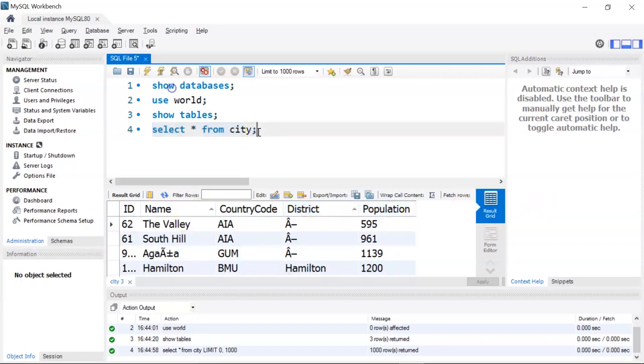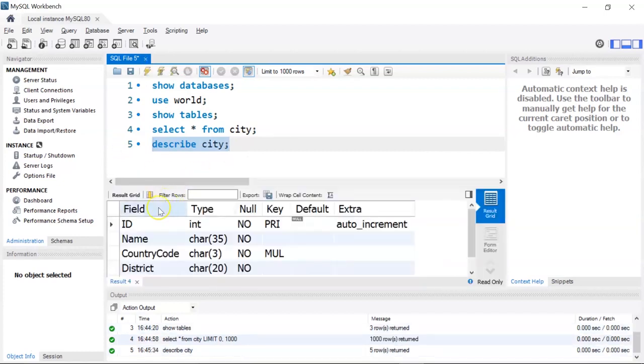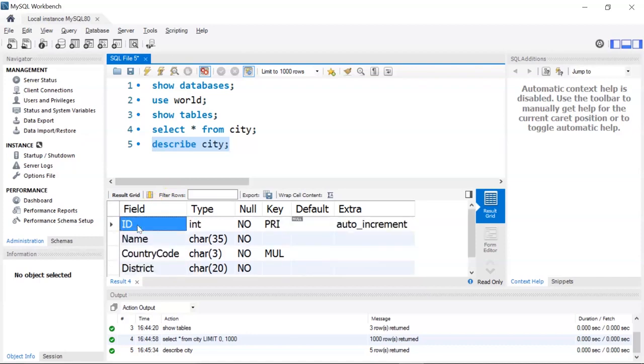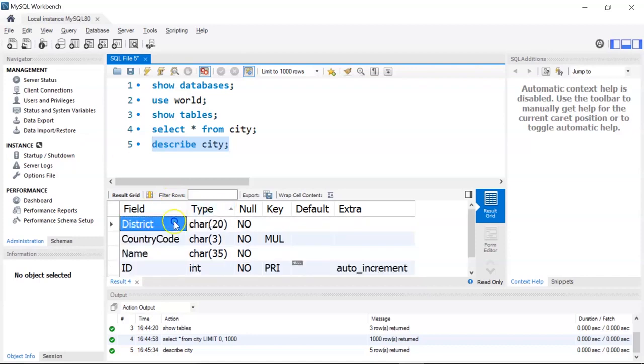Similarly, you can check the structure of the table by using the describe command. So I'll write describe, and then I'll give the table name, that is city. Now let's just run it. There you go. The field shows the column names. So we have ID, name, country code, district, population. Type here shows the data type of each of the columns.